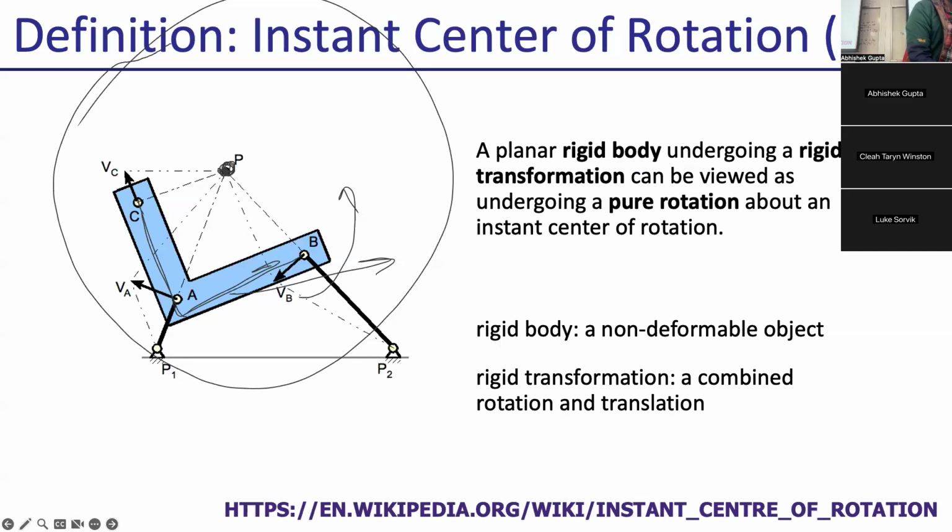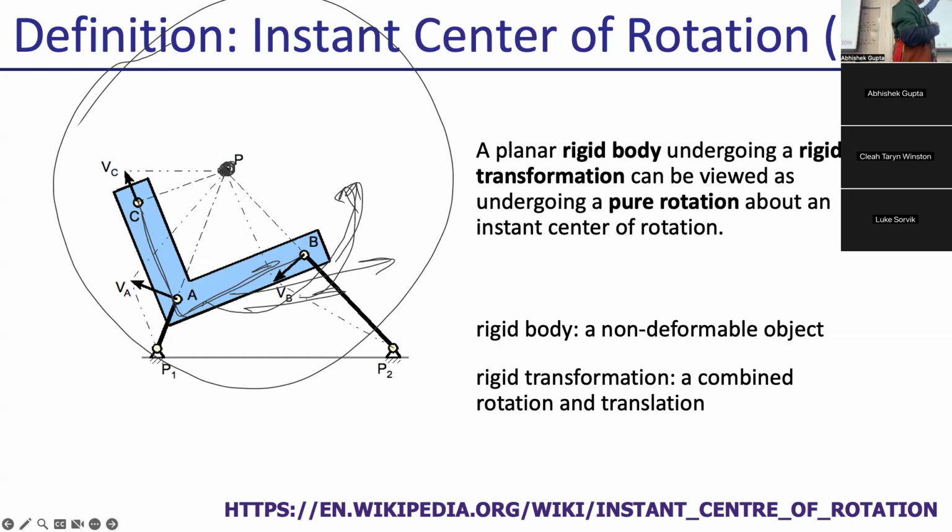And so from the perspective of this body, moving like this, where you translate some and you rotate some, is a pure rotation around a different point, which might lie outside the body, right? And so you can always write a combination of a translation and a rotation for a rigid body as pure rotation around a different point, which may not be inside the body, right? So for this L shape, for instance, it doesn't lie inside the body. It's somewhere else. Does this kind of make sense? Right? So you want to think of this as a pure rotation. You can think of the instantaneous center as the center of the disk,